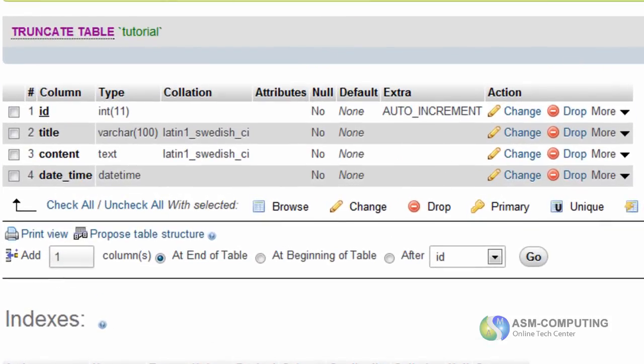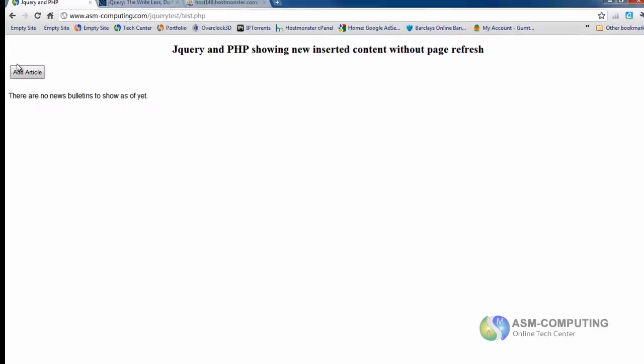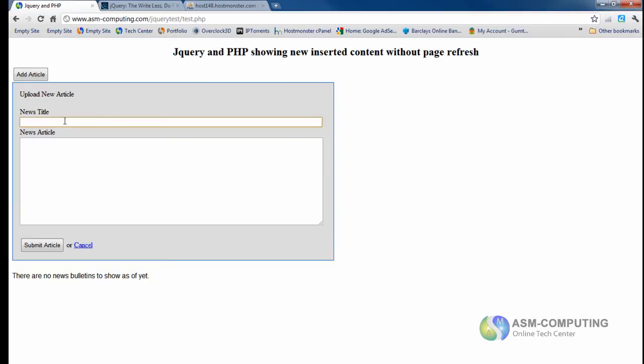So in here again, we've got nothing in here. There's nothing inserted. So add article. So we call this test title for news article 1.